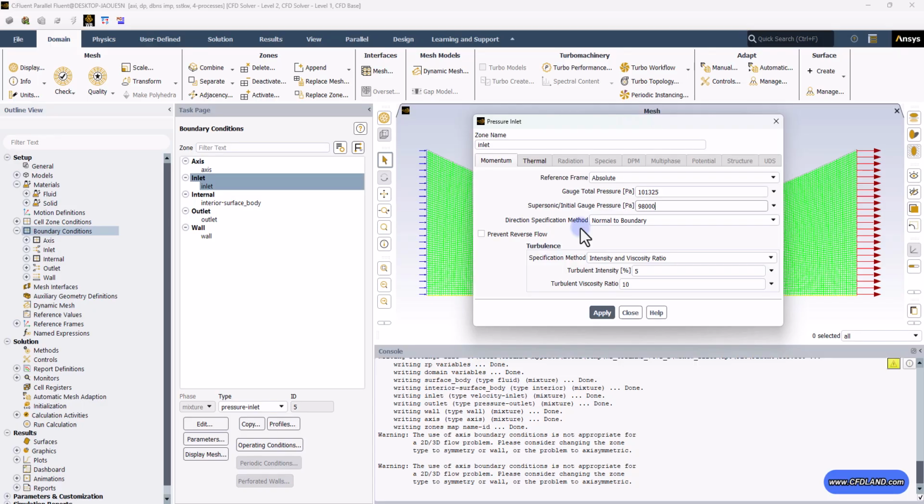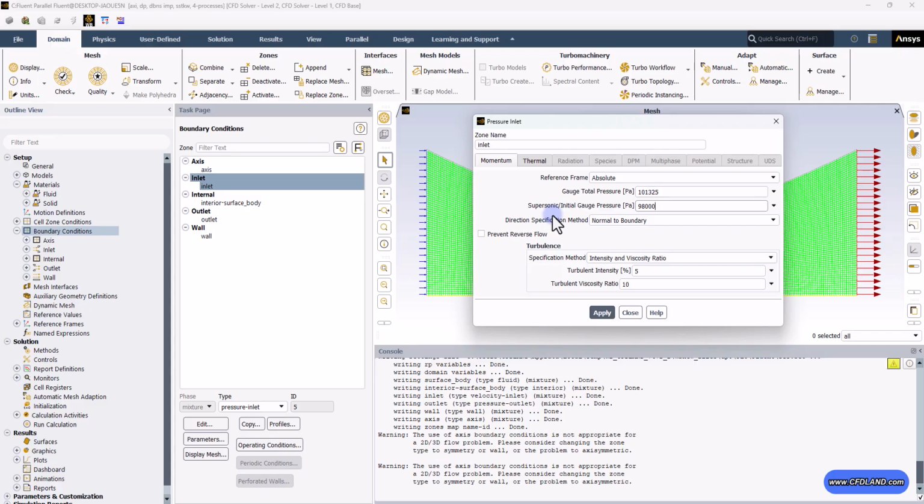And the next reason is the supersonic name that you can see in here. If the flow entering the domain was already faster than the sound, I mean it is in the supersonic area, Fluent would use this number strictly. Since our inlet is likely subsonic, slower than the sound, Fluent mostly uses this value as a starting guess to